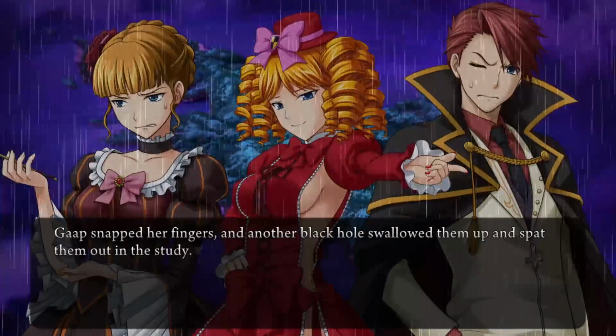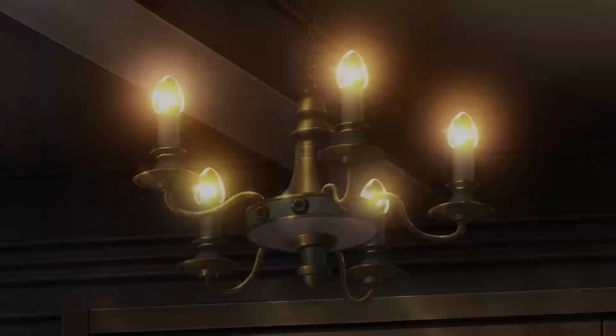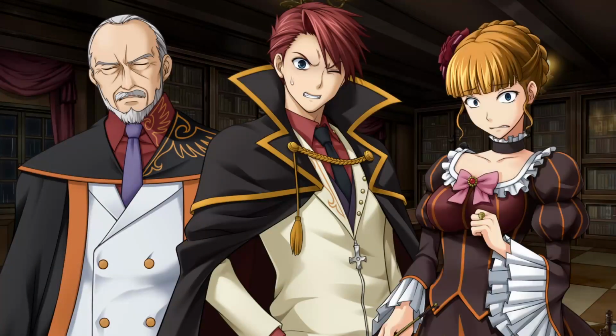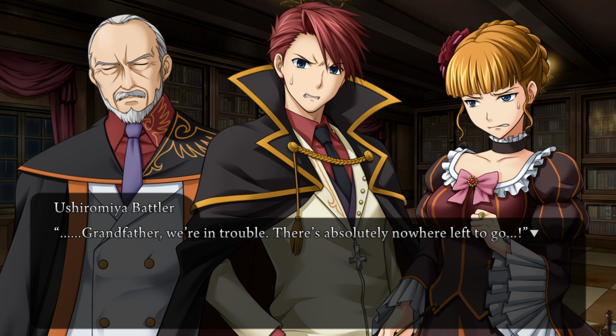Gap snapped her fingers, and another black hole swallowed them up and spat them out in the study. Hey, Ginzo. Looking real bad. What, she didn't even fucking dump you on the couch? ガープめ落とすならベッドの上にしろというのだ。 じい様、まずいぜ。